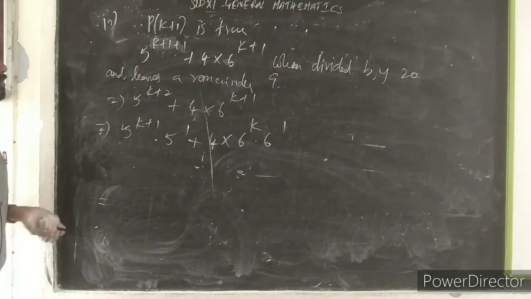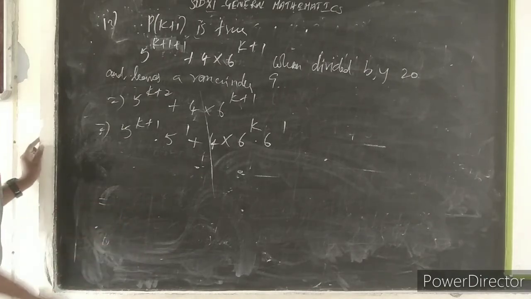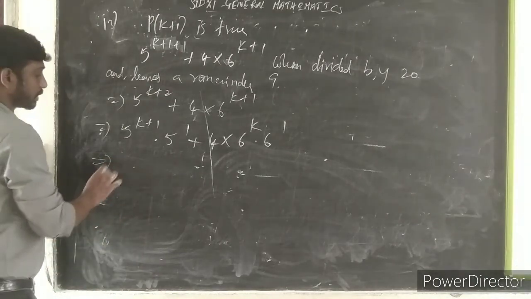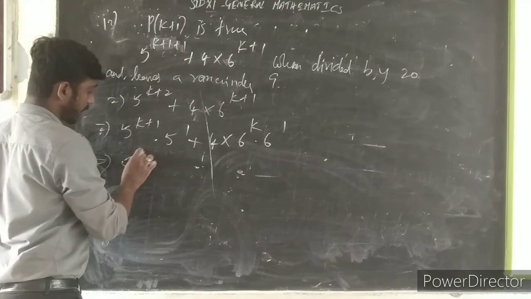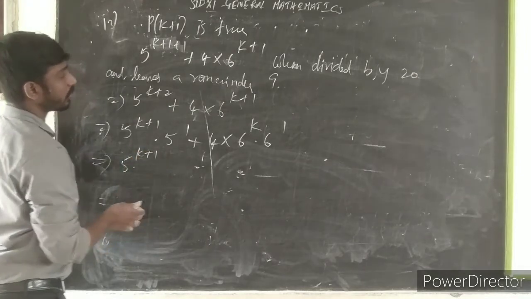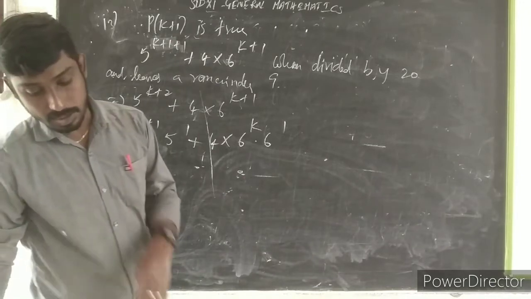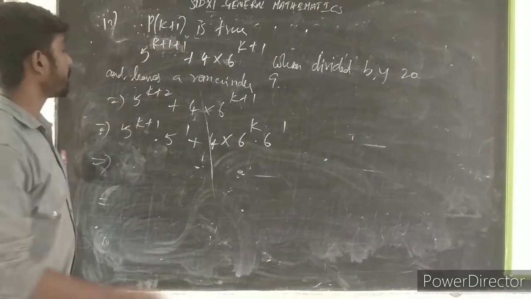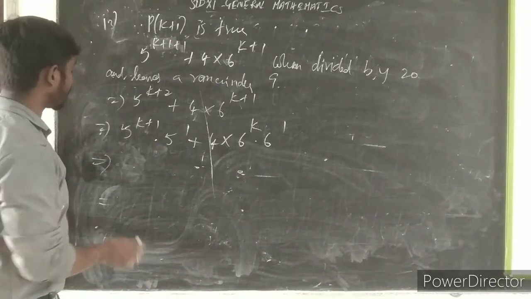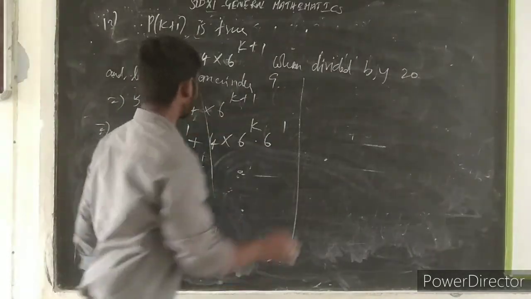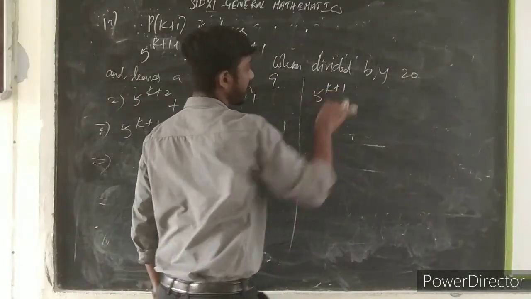So there will be 5 power of k plus 1. We have already found the value for 5 power of k plus 1. What is the previous one? That is 5 power of k plus 1